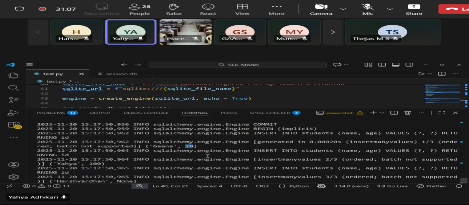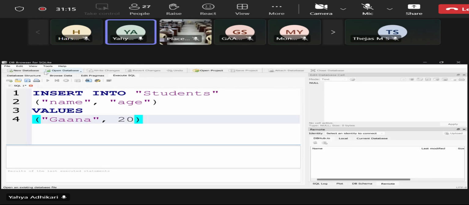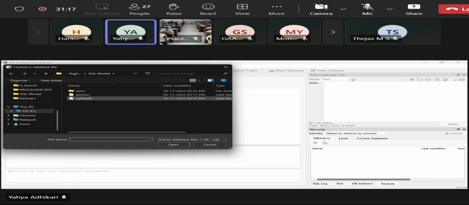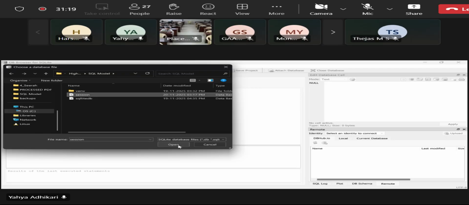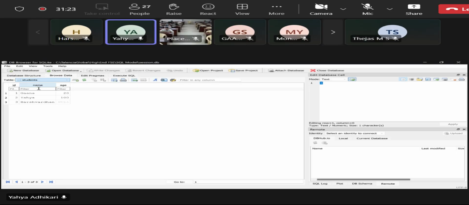The name and the age. Then my name and the age. And then second one, name and none. Same thing, you can go ahead in the database, you can validate that. In the DB, if I open the database structure, if I check, you'll see that those names have been successfully added into